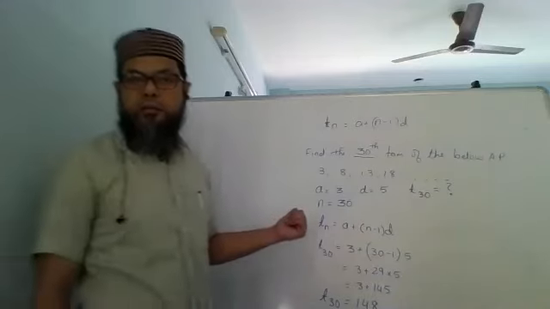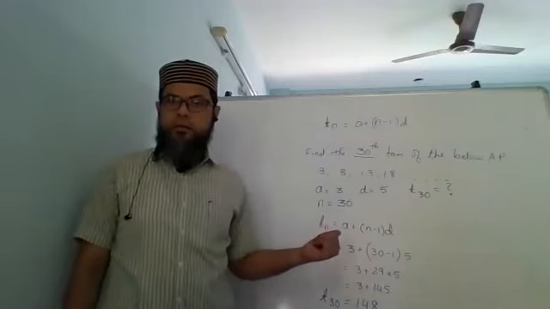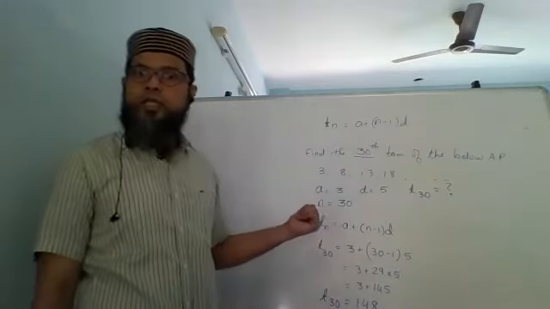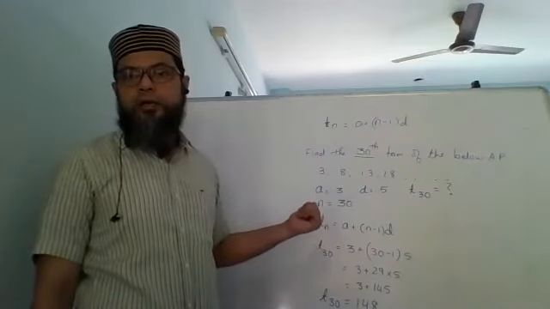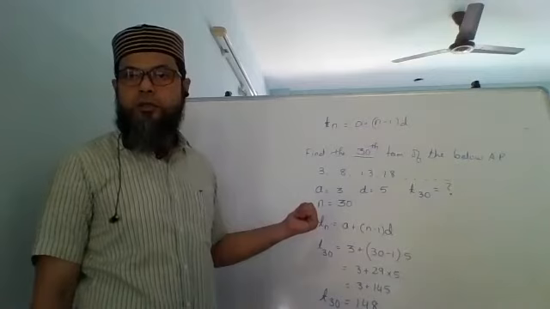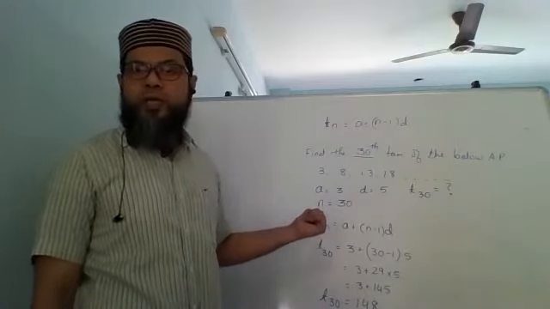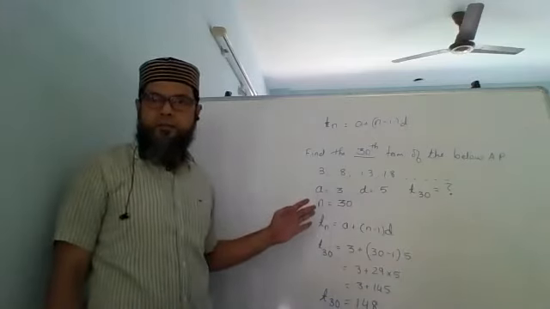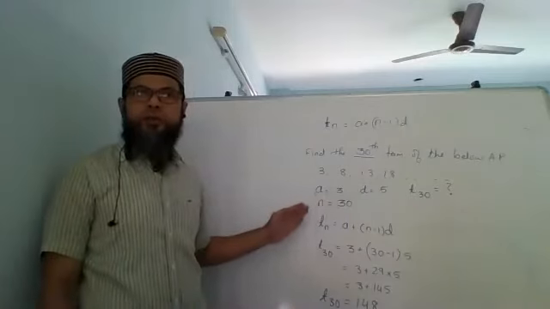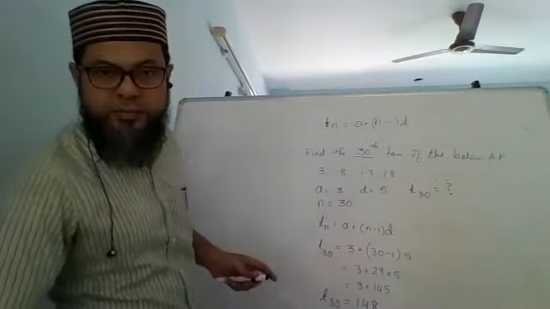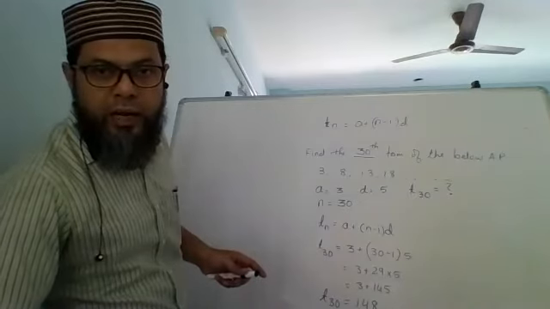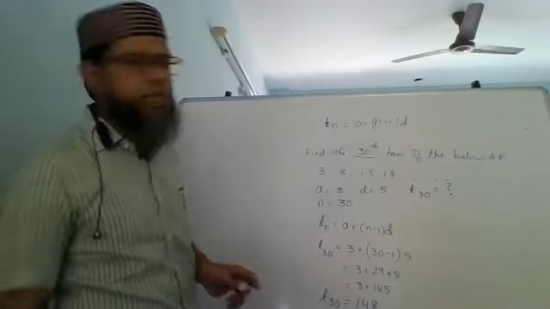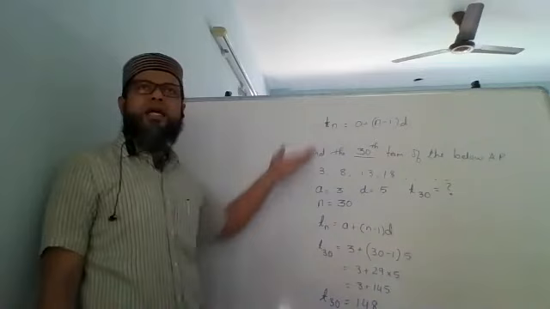Is that clear? Will you go to a doctor who says I'll do the operation in 4 hours, or another doctor who says I'll do the operation in 2 hours, but I can't guarantee you the result? Which doctor will you prefer? One who says 4 hours but I'll do it properly, or one who says I'll finish in 2 hours, but it's a 50-50 chance? So we want accuracy. Same thing for your marks. Don't waste accuracy for the sake of time. Accuracy is more important. So this is how these kinds of sums are to be solved.